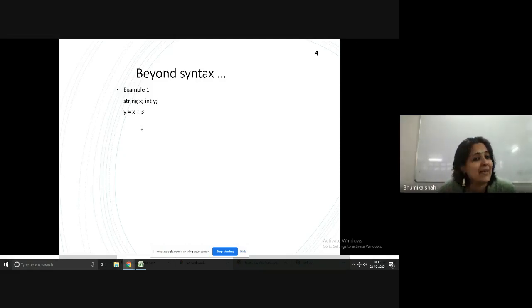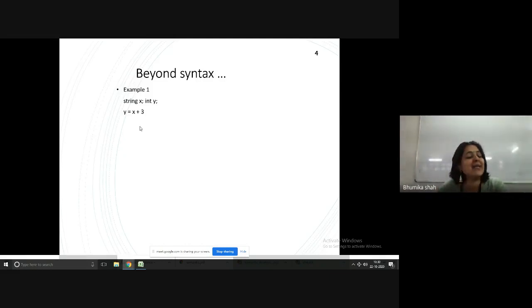But when you go to the semantic analysis phase, you will realize that as per the meaning that you are going to associate with your sentence, with your terminals and non-terminals, y will have the attribute meaning that y is a variable which has data type integer, whereas x is a variable which has data type character array, meaning string.